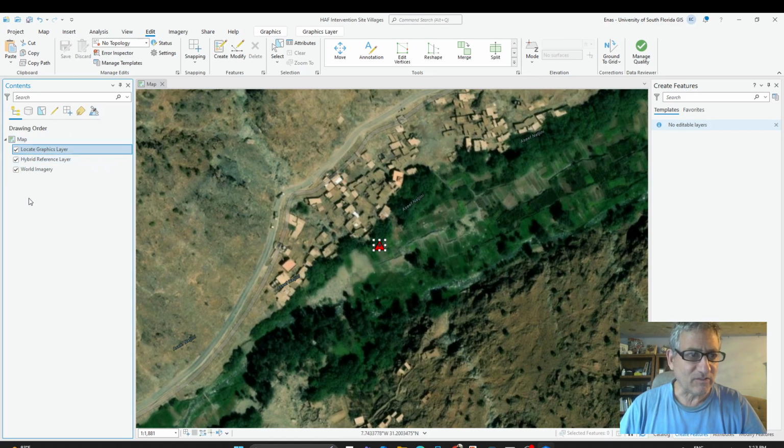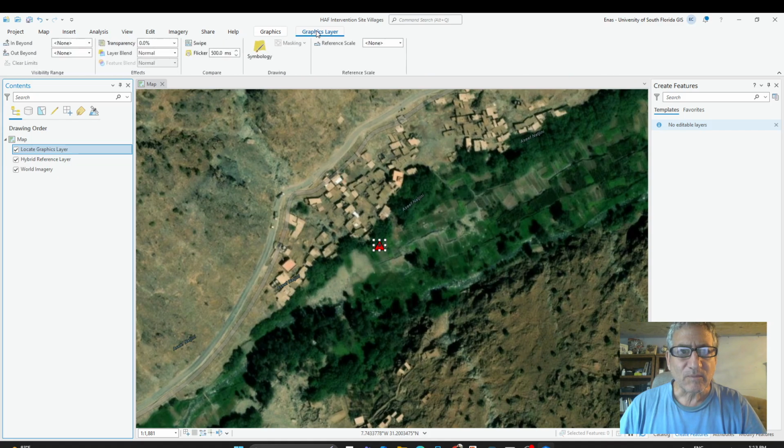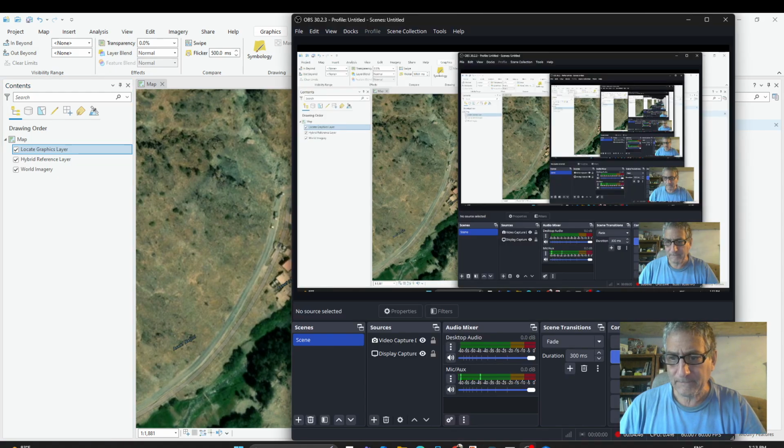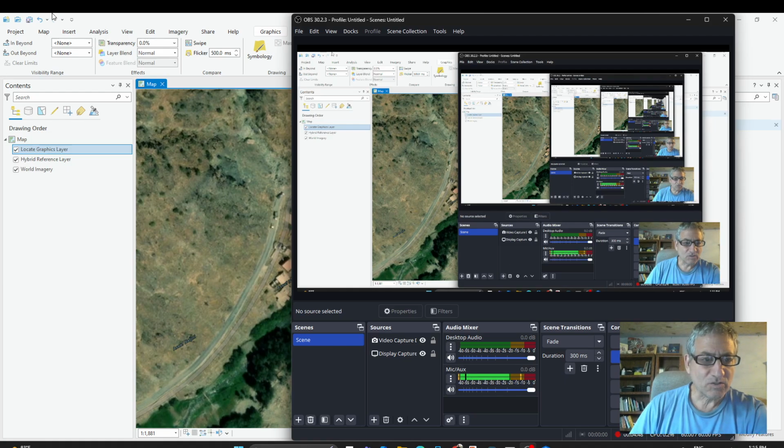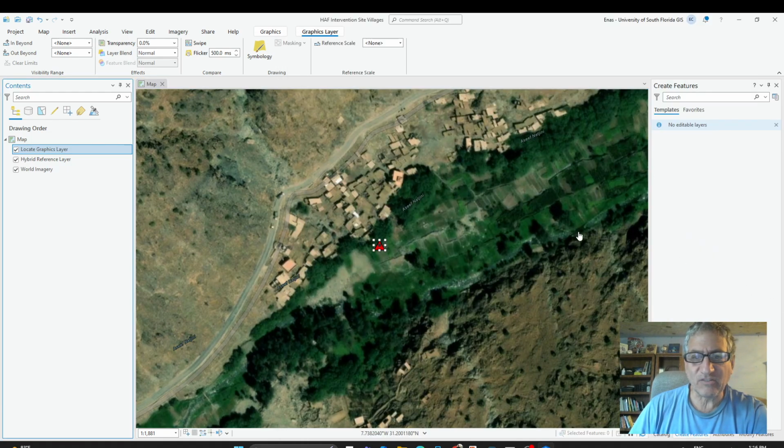A graphics layer is not editable. So let's make a new layer in here somewhere. So what we're going to do is, because it's not at all obvious how you can create a feature layer that you can edit,